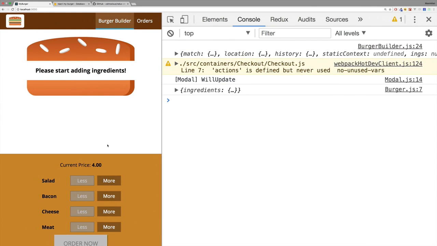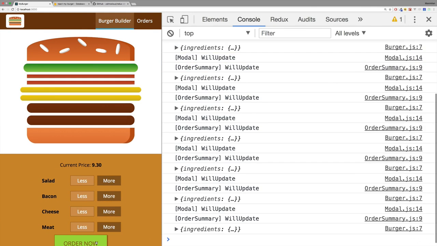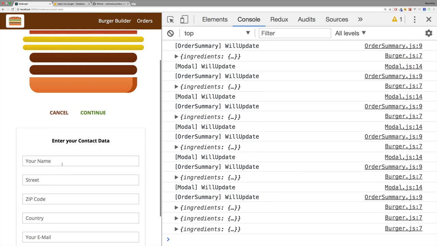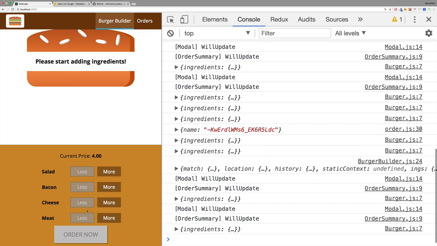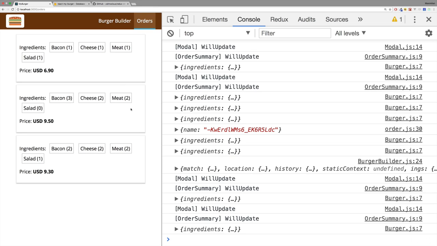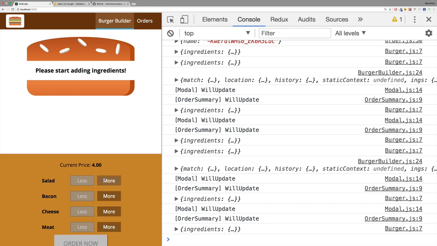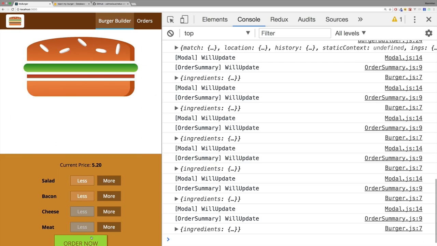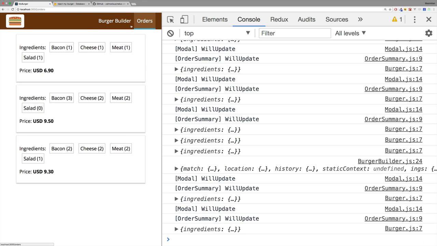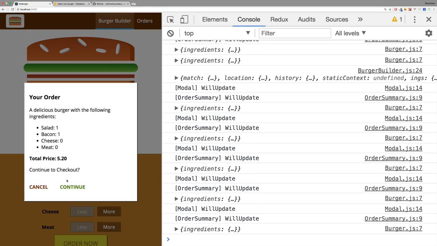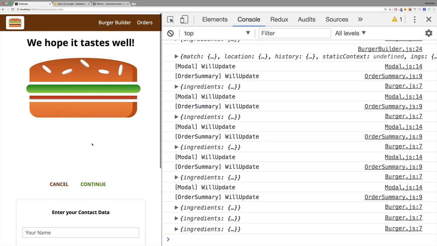With that, let's go through our burger builder here one more time to really see if that's all working. Let's order a delicious burger. Just input anything, doesn't really matter. Just want to see if we got any state issues at any of our containers. So let's click order here. We are redirected. And on the orders, we see all the orders, including the one we just pulled together. Let's also try something else. Let's start building a burger, cancel, that works. Continue. Let's go back to the burger builder. We reset as wanted. We can go to orders. Let's now continue one more time. So that all seems to work.